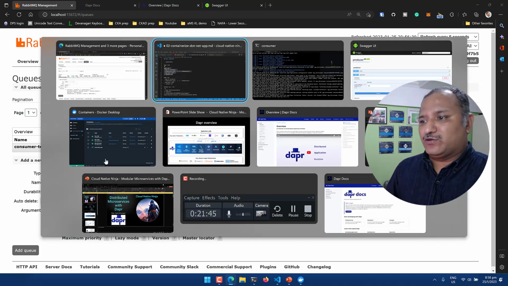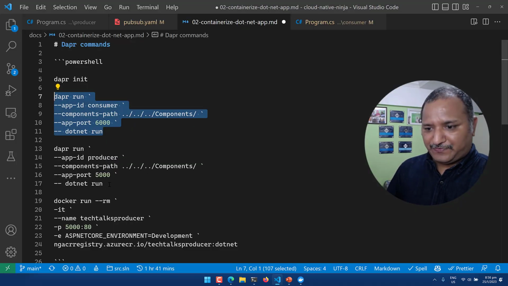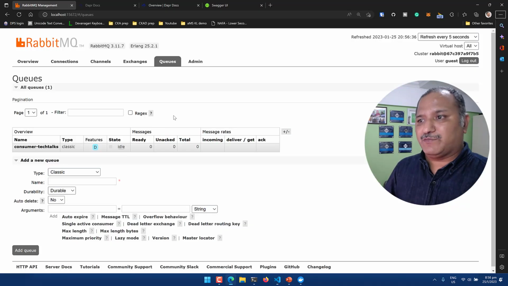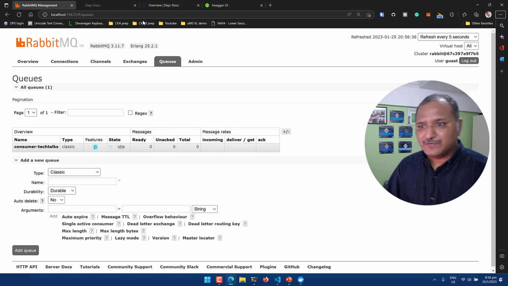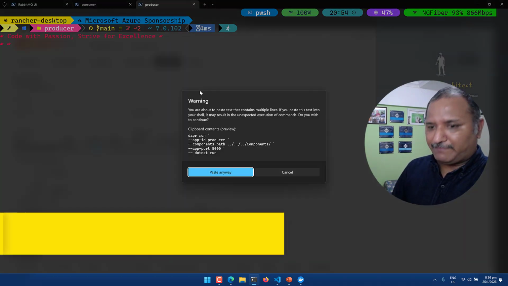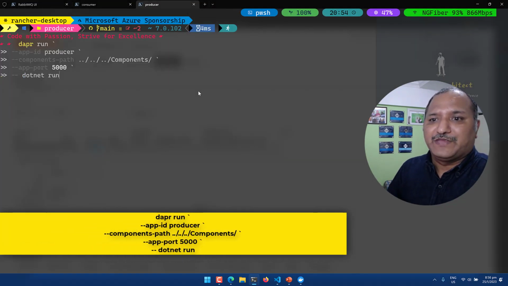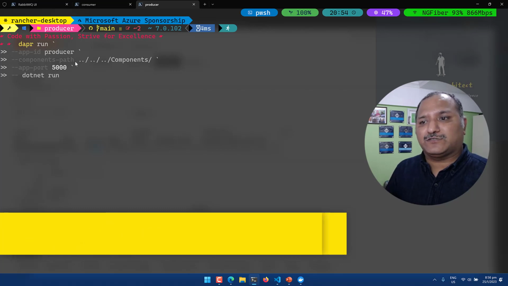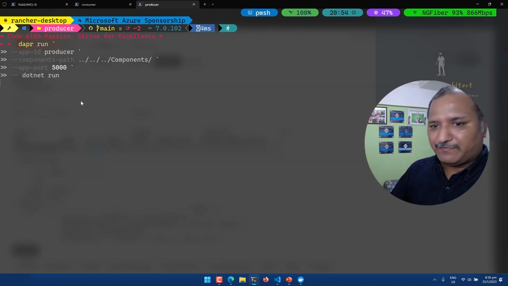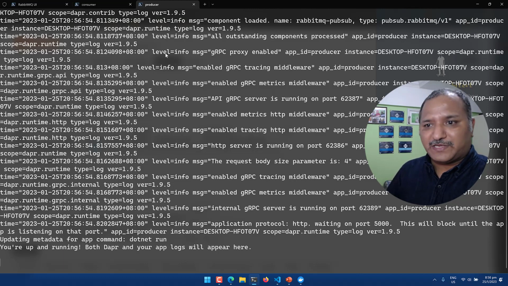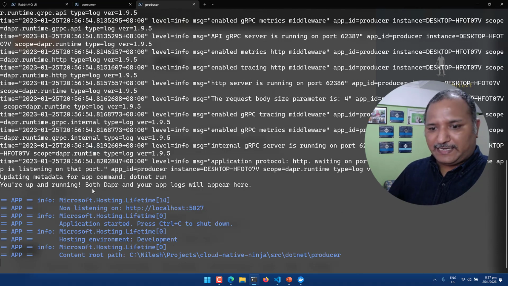Now we don't have any messages published yet, so we have to publish it using the Dapr run command for the producer. So I will switch back to the terminal again, go into the producer, and we will use Dapr run command here. This time we specify the app ID as producer, we specify the path to the components folder, and then we use the .NET run command. So like we saw in case of the consumer, Dapr first creates those sidecar related components